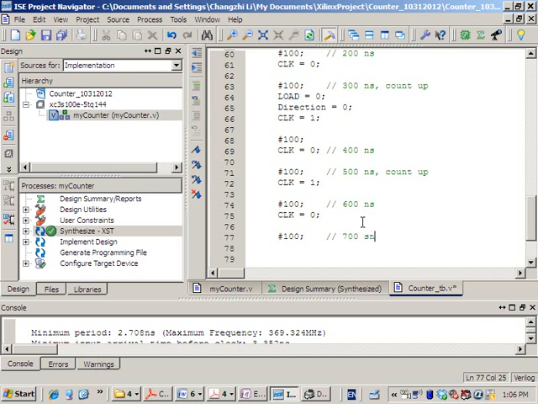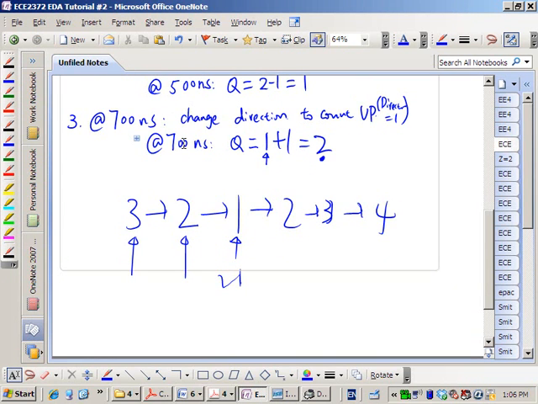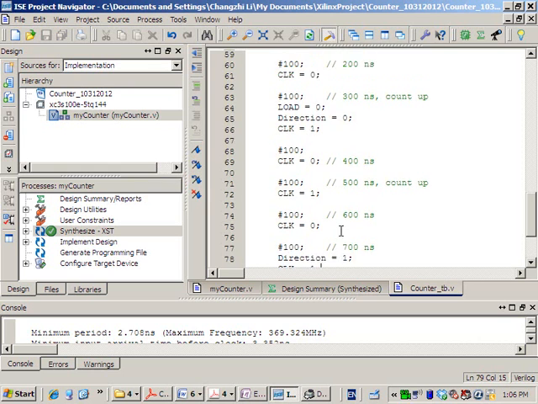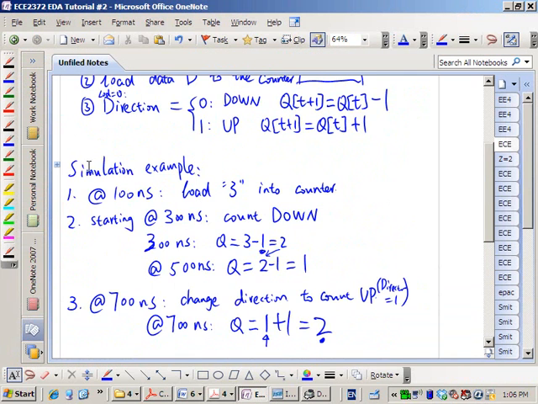700 nanosecond, and let's see what do we have to do. Okay, at 700 nanosecond, we have to count up, right? Change the direction. So we have to set direction to be 1 and pull clock to high. Does this make sense? Okay, so basically that is what we want to do to meet the simulation requirement in